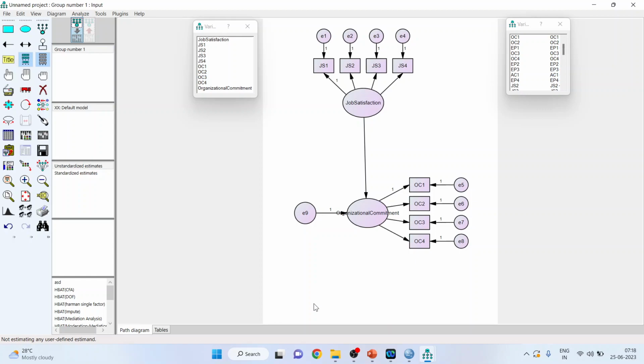The relationship between the two constructs can be causal, that is cause and effect, or both of them can co-vary. But when you are using covariance, make sure that the error term is not used. Let me show you the example. If I am co-varying this, you should not use the error term. So I'll remove this, and